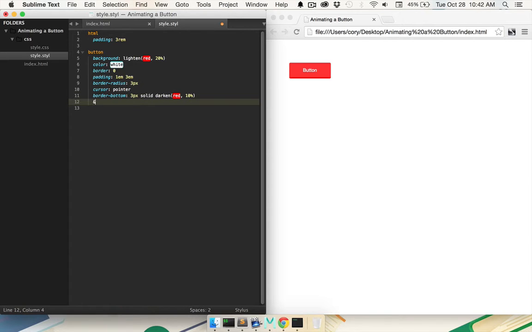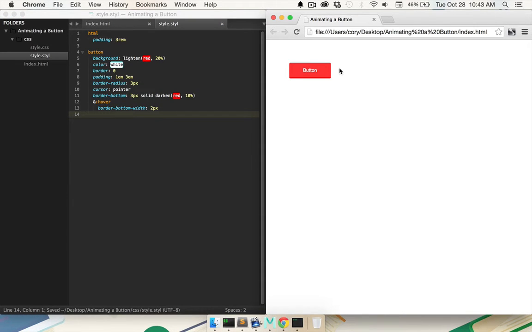So now we'll say &:hover. And remember, if you're used to traditional CSS, this is button:hover. But with Stylus, we can just append states onto our selector here just by using the ampersand. So we'll say &:hover. We'll say border-bottom-width 2 pixels. So refresh, and when we hover over it,